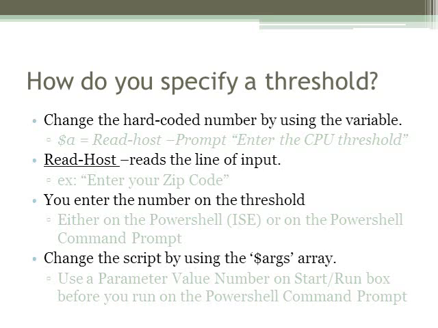Now you can change the script by using the variable args array. And remember, when you go to Windows PowerShell command prompt, you do the start run box, and then you type with a parameter value number on the run box. So when it runs, it shows the output on your Windows PowerShell command prompt. So, for example, on the next page,